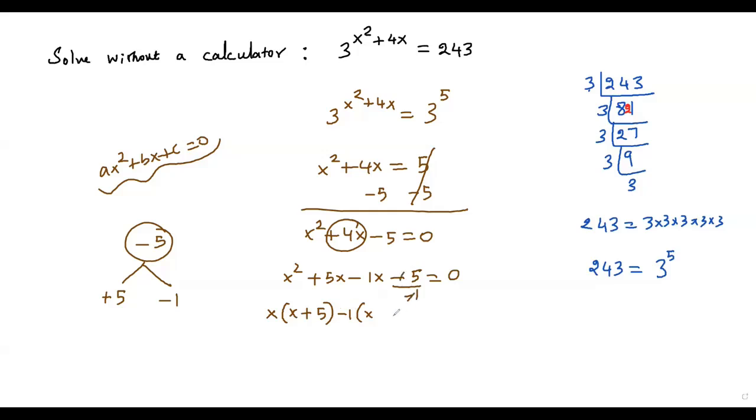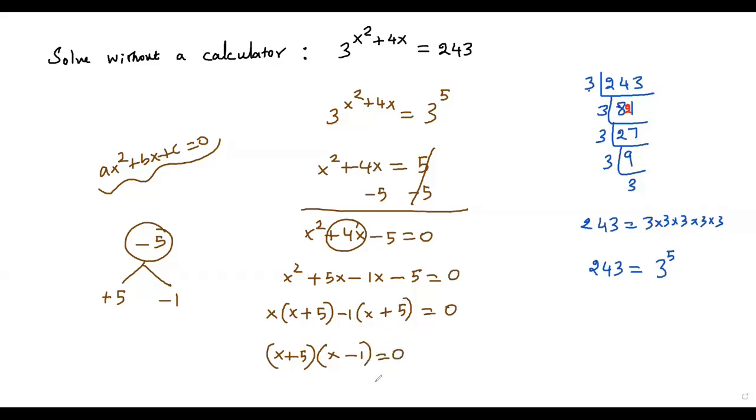To get the second term, I have to divide this -5 by this -1. So the negatives will cancel, which means it will become positive. 5 over 1 will be just +5 equals 0. So what's the greatest common divisor for these two terms? Clearly it's x + 5. So x + 5 can be factored out from these two terms. When I factor x + 5 out, what do I get in the second parenthesis? You divide the first term by x + 5, so this will cancel out, and I just get x, the first term. To know what I have left in the second term, I divide this one by x + 5. So this will cancel out, and I have -1 left in the second term